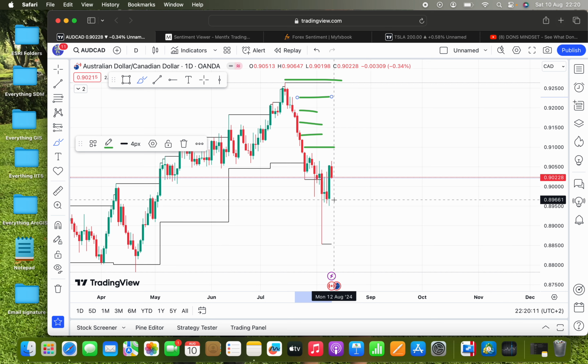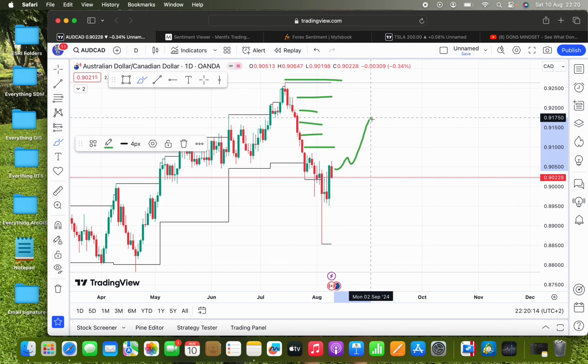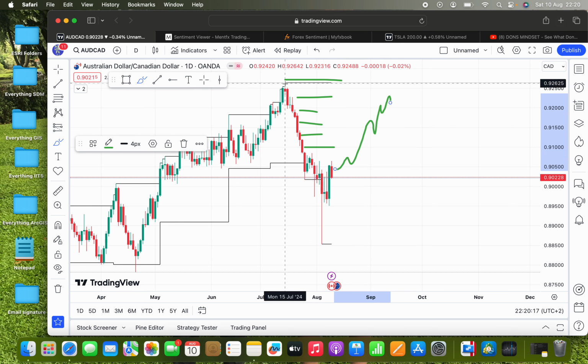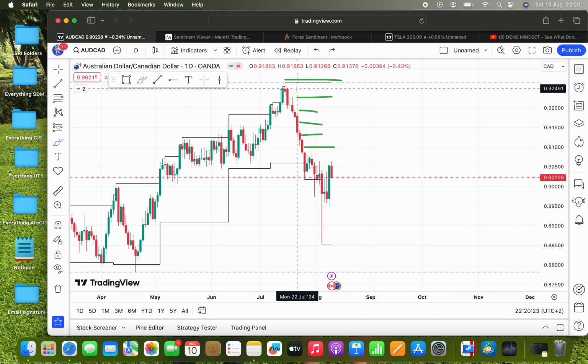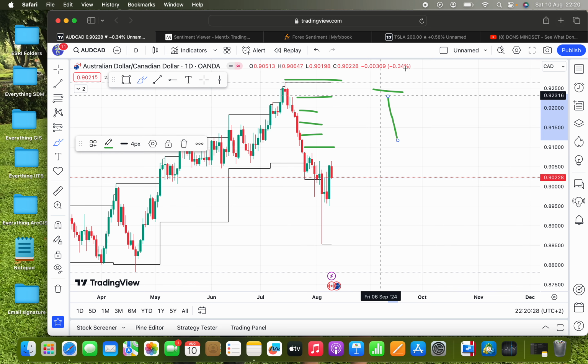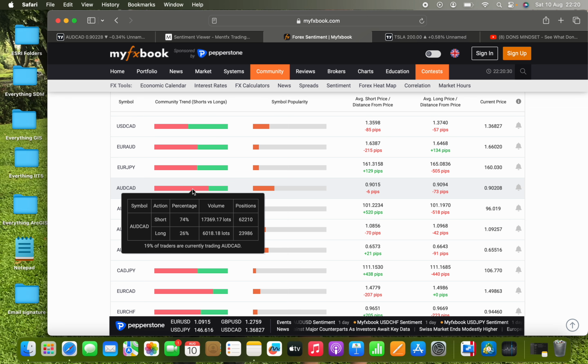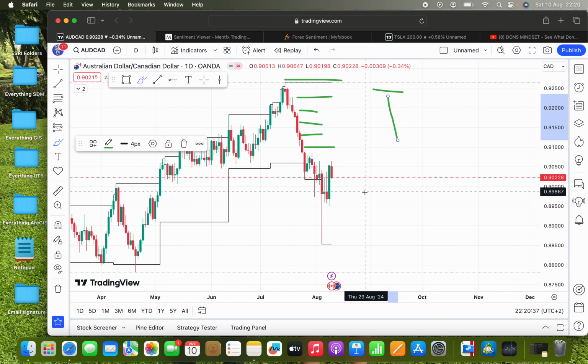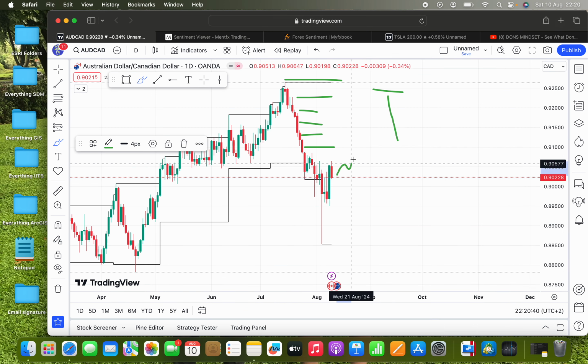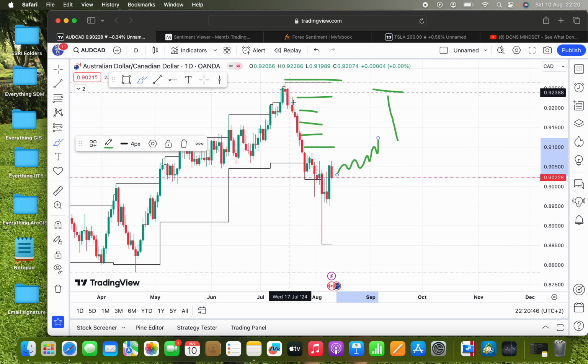So what would happen is that if price had to potentially start going long, people will look at this part over here. They would look at this and say, oh, that was the last high. So if price had to return over here, I'm going to look to go short. I'm going to sell it. Again, that fits into those 62,000 orders or positions. And then the third one, like I've said before, is that when price is increasing, people are saying to themselves that this whole move down here, it's time to sell now. So I'm going to average every single one out. I'm going to put all my orders over here.